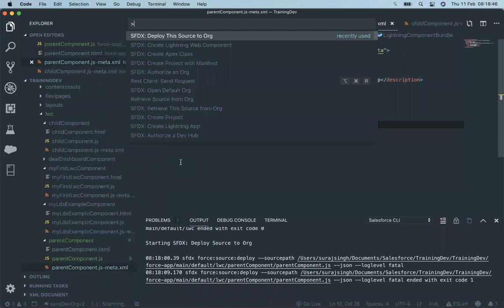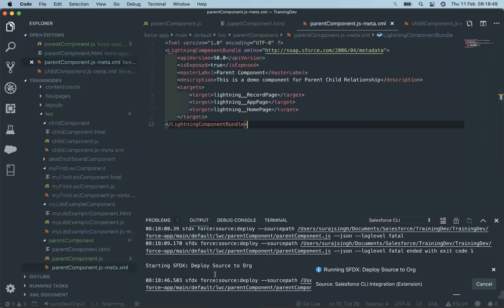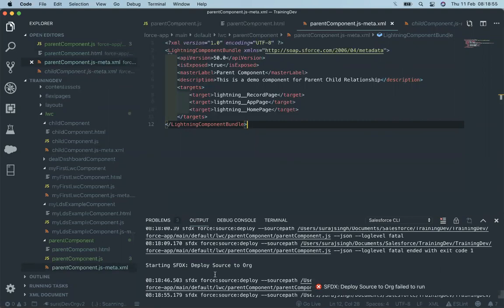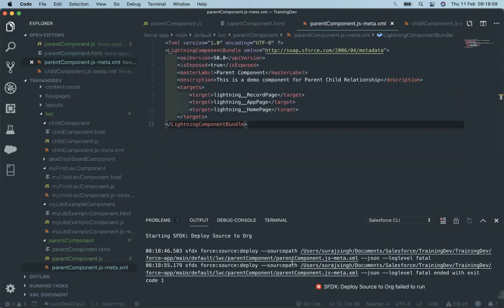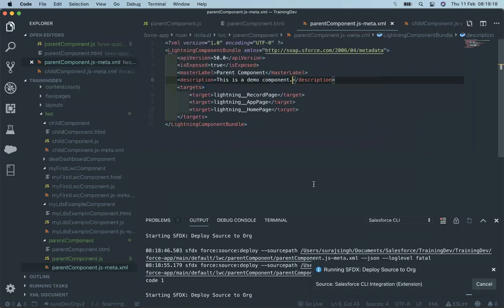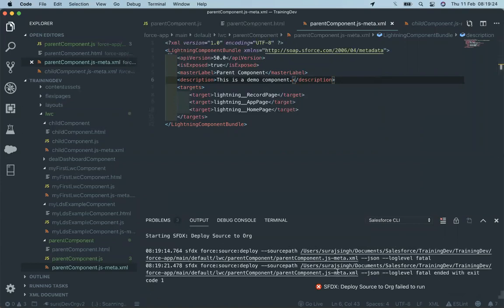Deploy. The XML file is having an issue and it's not showing me what the issue is.